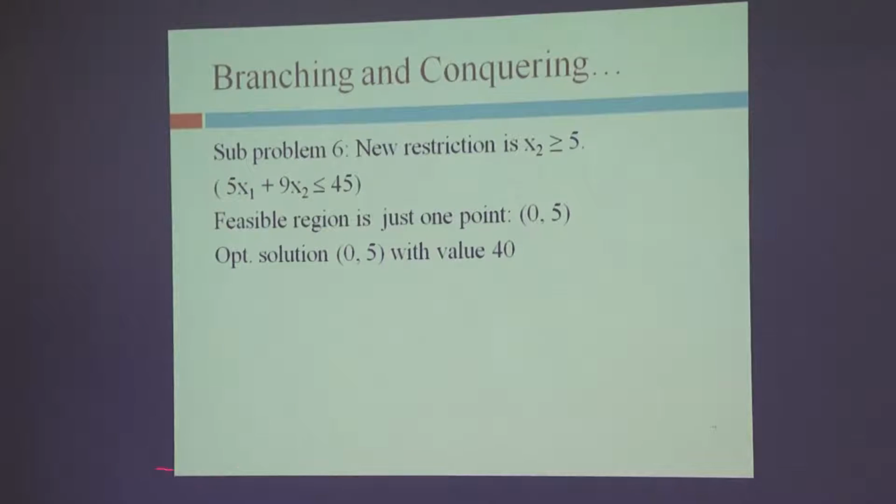When you get an integral solution, you compare it to the incumbent. So you already have an incumbent with value 39. Now this is better, so this becomes the new incumbent if you are going to proceed. But I think you won't be able to proceed because all the branches are cut now. So we stop. So the optimal value will be 40.